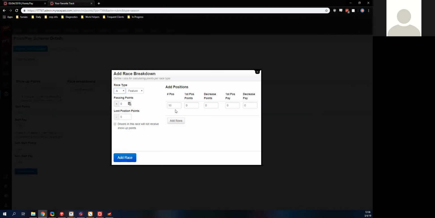It's going to have this kind of thing right here. So this will work for both points and pay. I can do them both combined. I'm doing mine separately, just so that I don't have to keep repeating my points every single time, so I can just go through a little bit quicker. So I'm just going to do 10 positions. So first place is going to get,